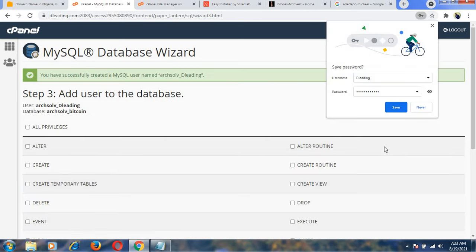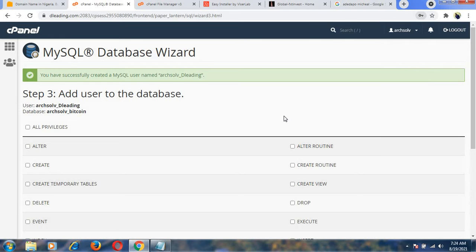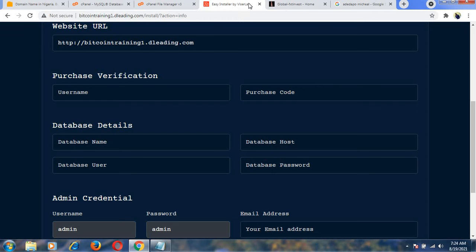Then the next one, let me save this password. Though I don't need this website, let me just save it. Now the next one is that it will ask me to add user to database. One of the things you need to be very, very careful about is these two things, because you will need them in this place. In this place you will definitely need it. So what we need to do now is just come here